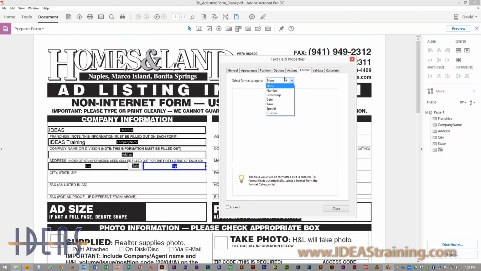But I can come up here. I can make it a number. That's how I turn something into a number field. A percentage, date field, time, if you use that. But I'm going to go to special. And under special, I have the option for zip code or zip 4